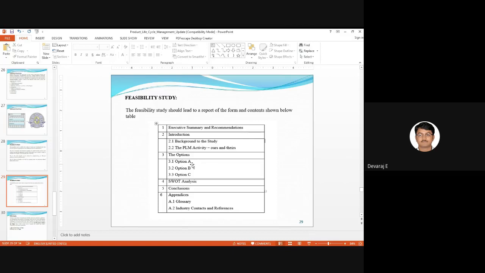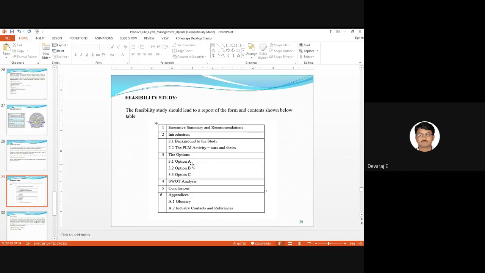Then they will convert the ideas into prototypes and supply the prototype to the customers. If the customers are not satisfied with idea A, they will go for idea B. If they are still not satisfied, they will go for idea C. If they are still not satisfied, again they should go for the SWOT analysis.